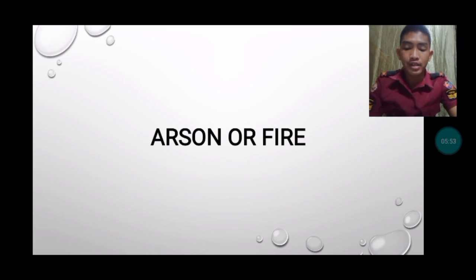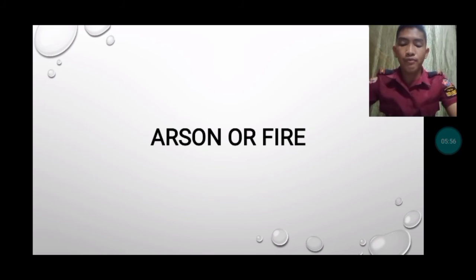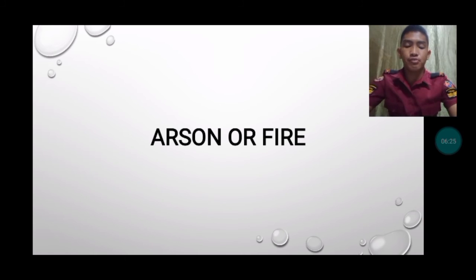Arson or fire. The difficulty of proving arson, the willful and malicious burning of property, is so great that every technical aid must be brought to the photographing of an arson case. It is sometimes long, extending for a period of several days. It should begin as soon as possible. Usually pictures of the fire in progress are taken and continue throughout the search for evidence after the fire.